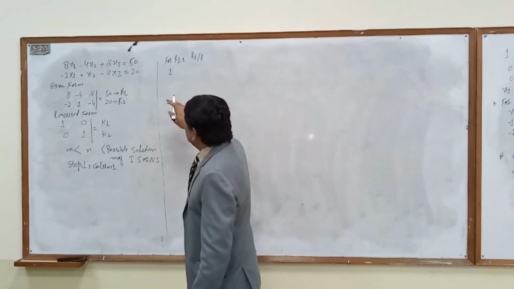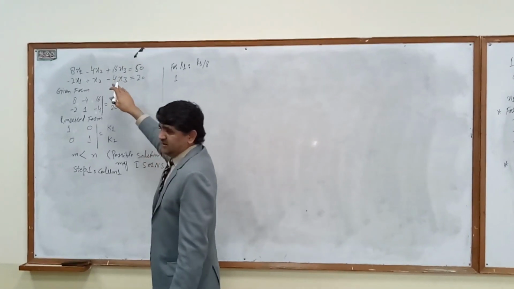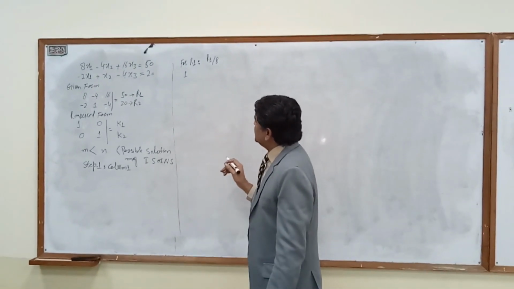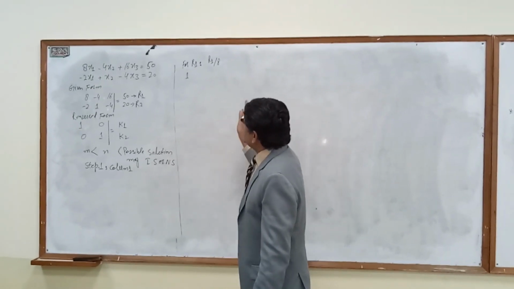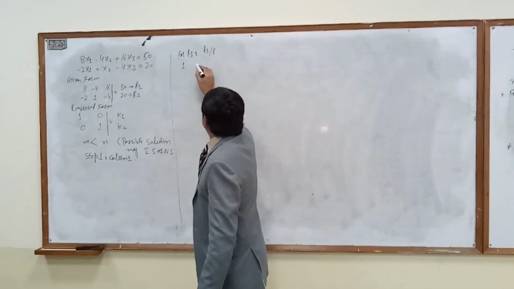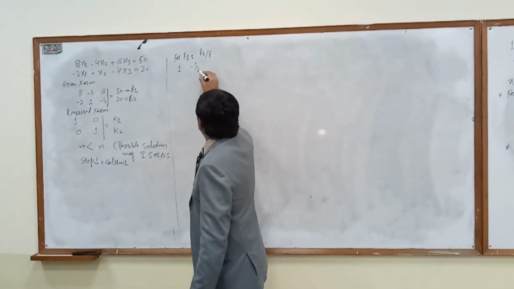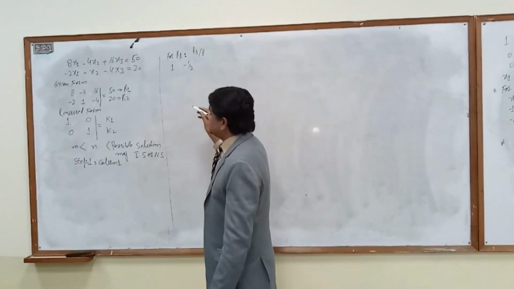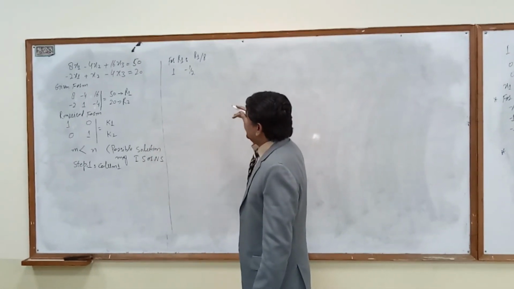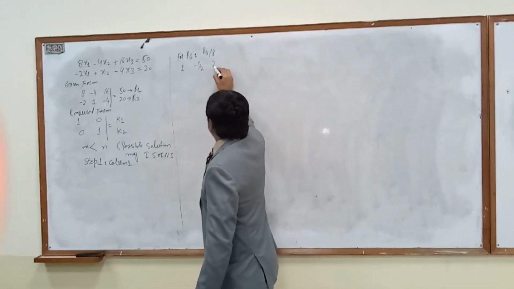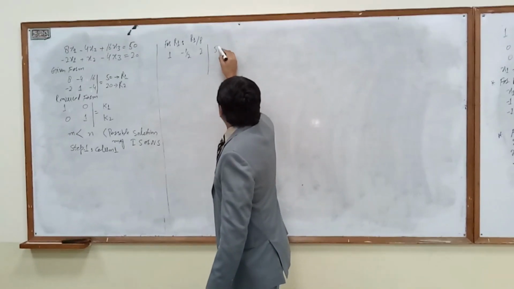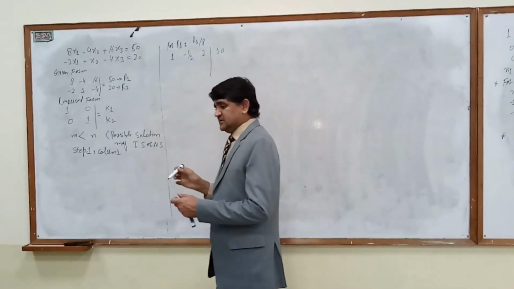Look at the question. What is the question? I think we have the wrong statement. 8x1 minus 4x2, is it? Yes sir. Minus 4x2. Minus 4 divided by 8, the answer is minus 1 by 2. Minus 1 by 2, if we divide 16 by 2 plus 2, is equal to 50, is equal to 50.